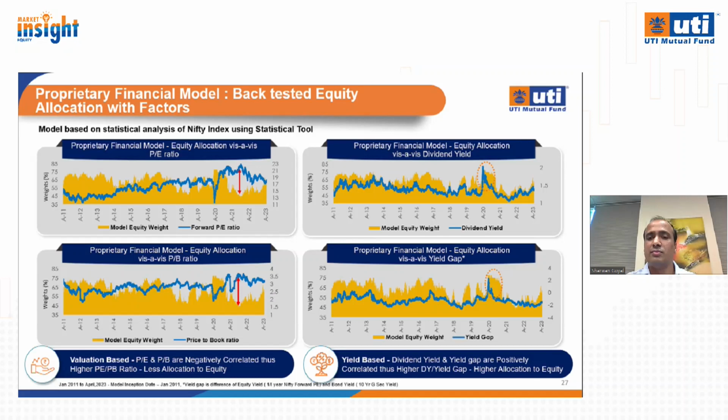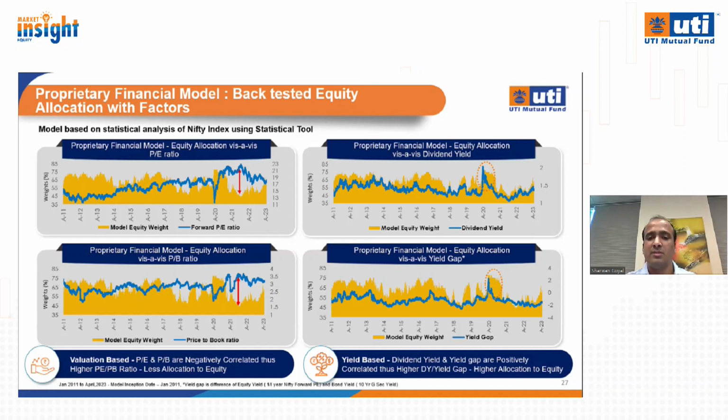Likewise, post-COVID, there was a very strong rally, and when the market was trading at close to +2 standard deviation, at much higher valuation as compared to historical averages, the model suggested a reduction in equity weight to about 40-45%. So based on relative valuation, the model will keep guiding us on equity allocation. Broadly, P/E ratio and price to book value ratio are, from a broader perspective, linked to each other. So in terms of price to book value ratio also,